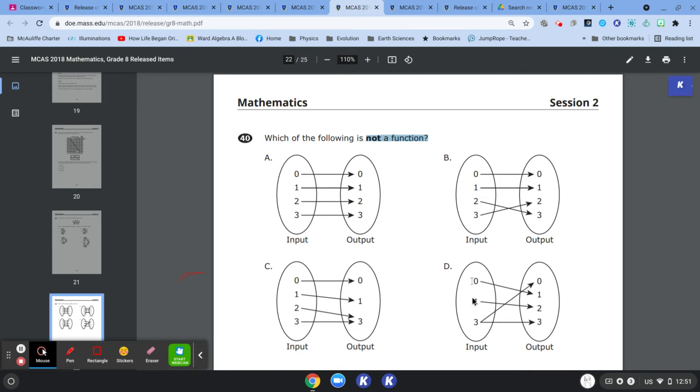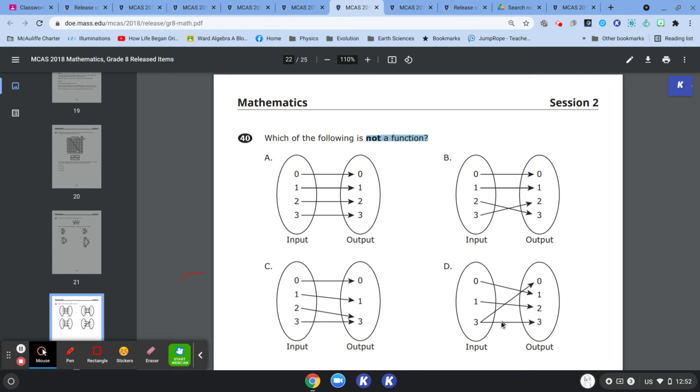The one that doesn't fit is this one, D. 0 leads to 1, that's fine. 1 leads to 2, those are unique. But 3 does not lead to a unique output. If I tell you the input is 3, you don't know whether you're getting 0 or 3. That is a relation that is not a function, perfectly legitimate mathematically, but it is not a